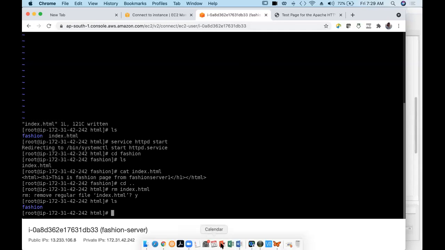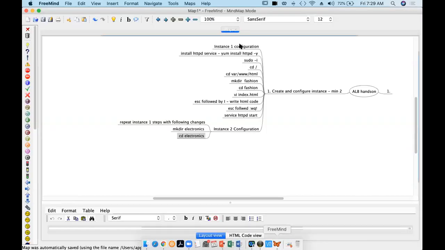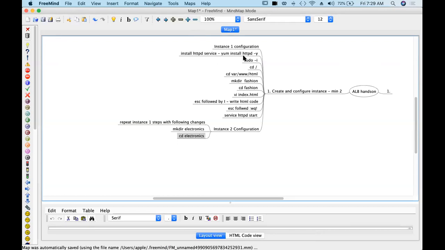Okay, going back to our mind map. Everyone clear with these steps, right? Do you want me to wait to configure this thing? Shall we continue, or is anyone doing this? Continue, Chita, others? Okay, clear.